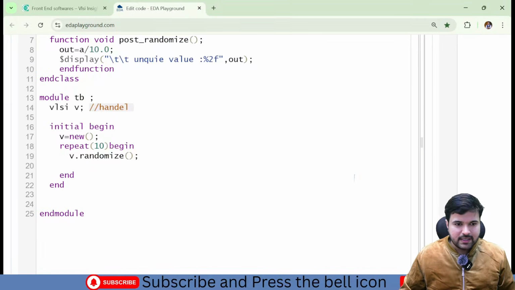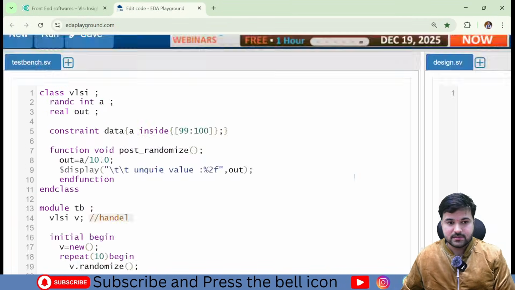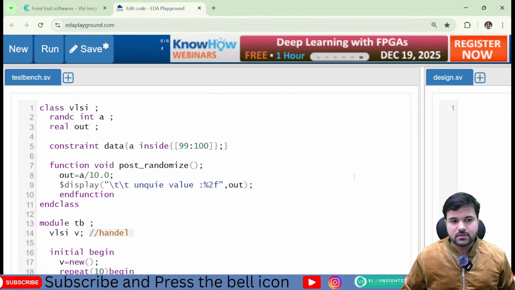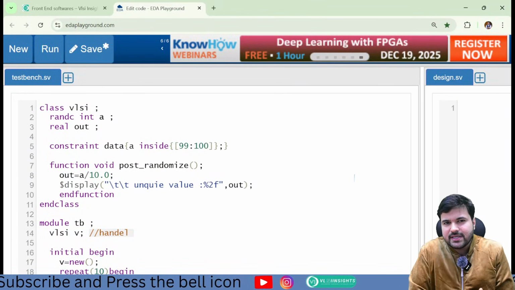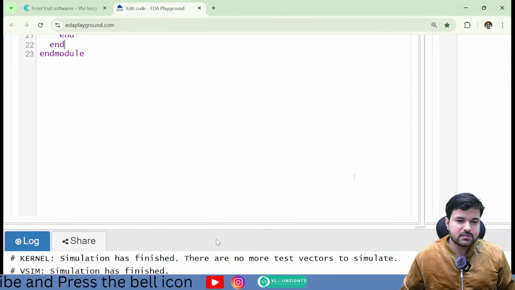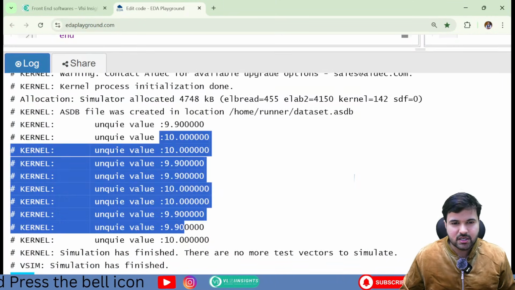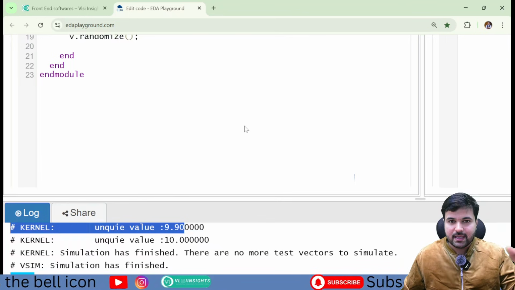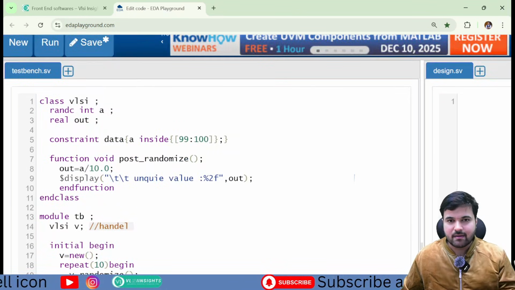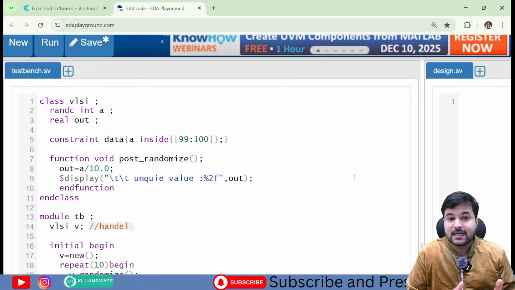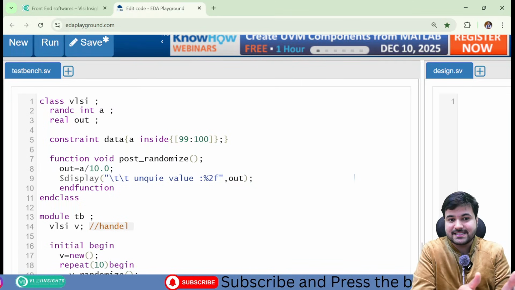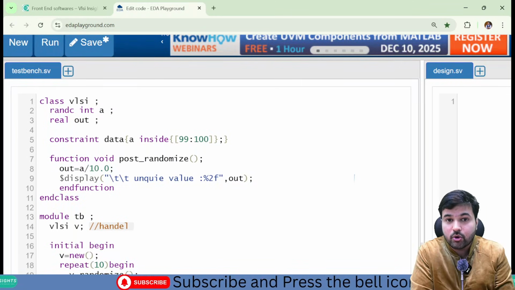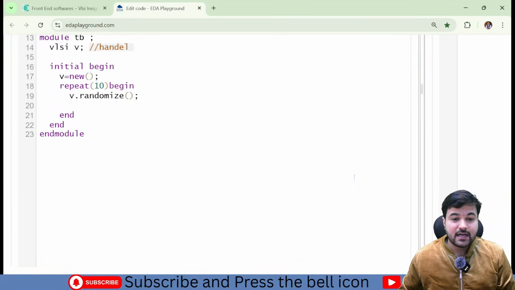So now it's a problem statement for you all: let me know how we can create 10 different samples using the same condition, or ping your comment in the comment section explaining what changes I have to make in this code so that I can get 10 different values.